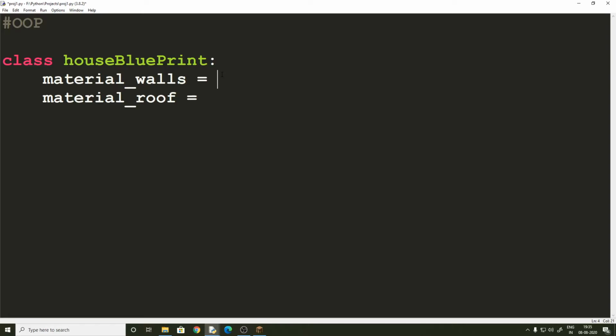The walls were made of birch, so we assigned the string birch to this, and the roof was made of jungle. So these are our member variables, or the variables of this class. Now we can move on to writing the functions of this class. And the first function is going to be called,